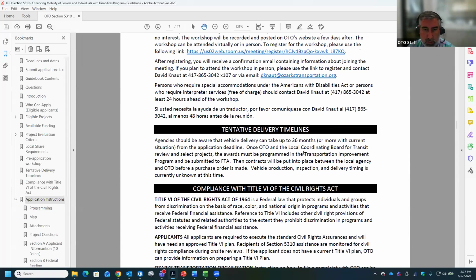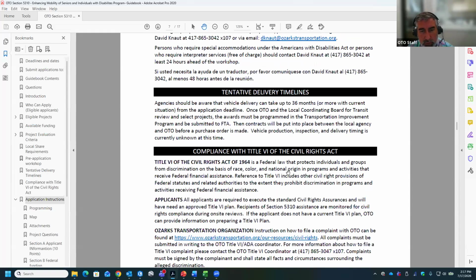We know with MoDOT it took roughly a year from when they signed the contract to get the vehicles, which seems fairly standard. We'll try to work on that process to sign the contract as quickly as possible so that we can order, but I will talk about that in the next step. So it's still in there that it might take longer, and with how things are going these days, you never know what can come up that delays the procurement as well.